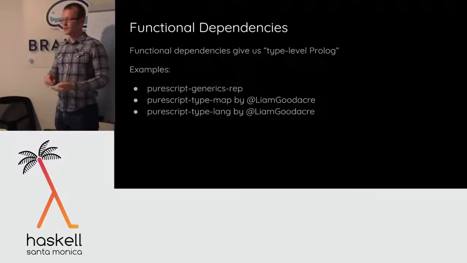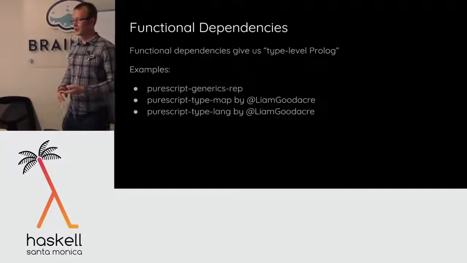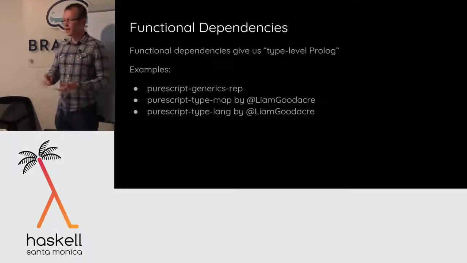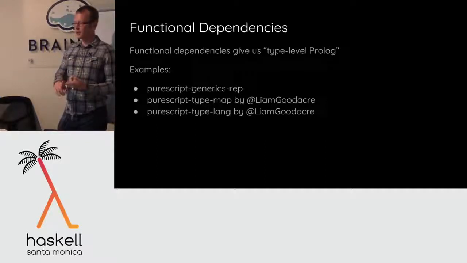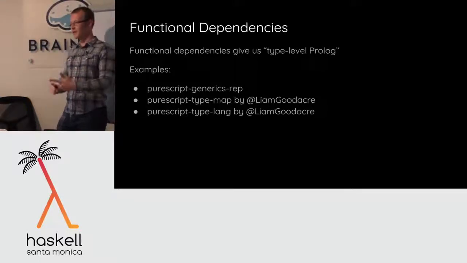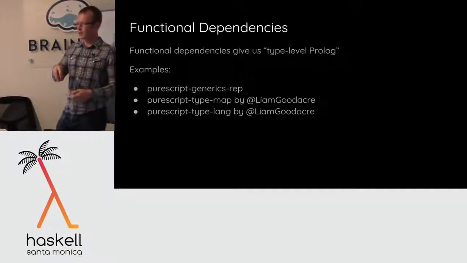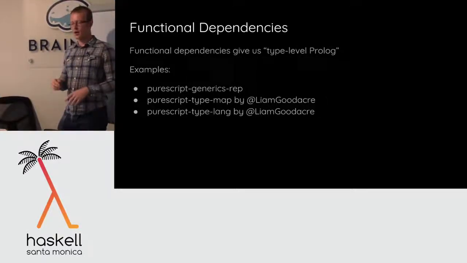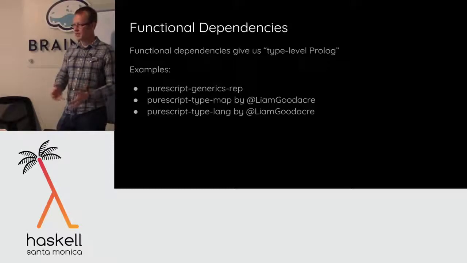Eq instances are often really boilerplatey, because you write them all exactly the same way. If the type you have is a product of 2 smaller types, then all you have to do is check that both components are equal. If it's a sum of 2 smaller types, all you have to do is check, are they both in the same summand? Are they both at the left or are they both at the right? And if they are, check equality on the smaller thing inside. Okay, and then I have equality for integers and all these primitive types,